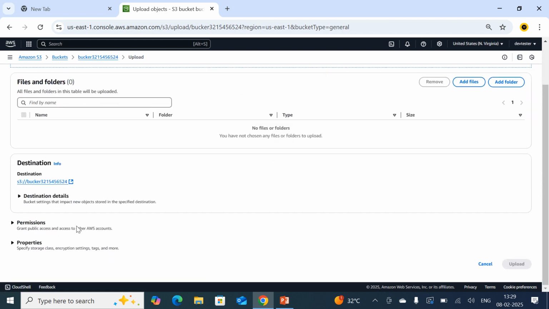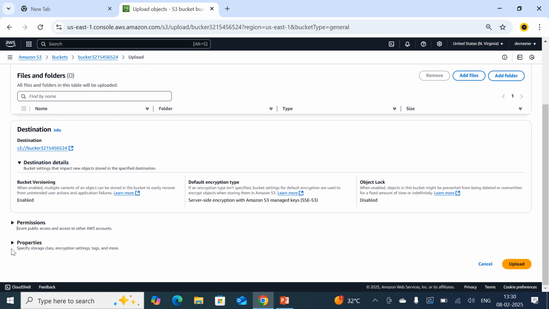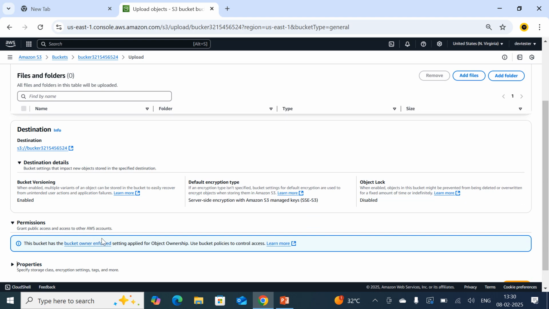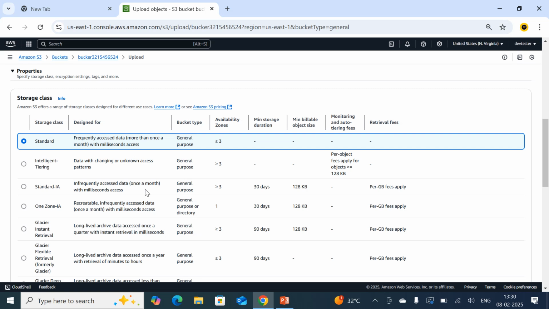Suppose if you want to upload another file, while you are uploading, you have the destination settings, permissions, properties. So I'm going to show you the storage class. As I already told you, we have multiple storage classes. Based on your requirement, you are going to store. If you are uploading frequently accessed data, you are going to store it in the standard class. If you don't know which kind of data you are uploading, based on the nature of the data, it is going to move to either standard or standard IA.